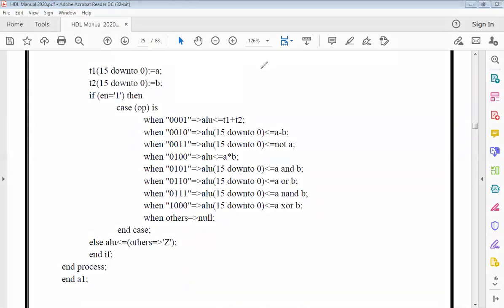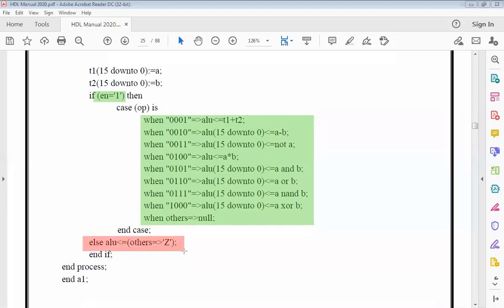So you can just think of it as: when enable is equal to 1, then all these operations would happen. If the enable is not equal to 1, that's when this case comes in. When it's not equal to 1, it gives you a high impedance, which is Z. So you will be seeing a red line in your simulation output.